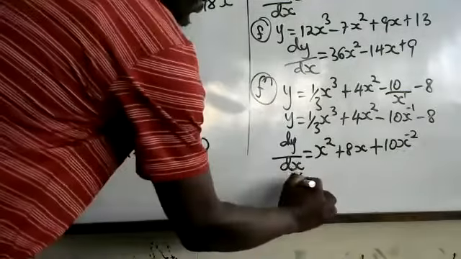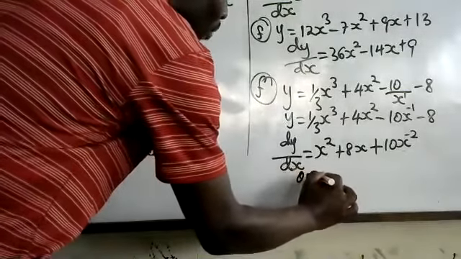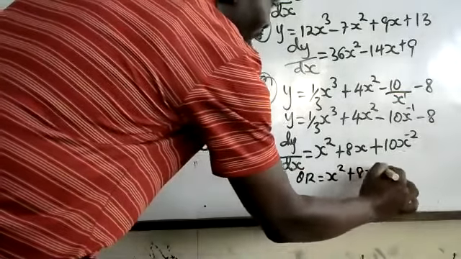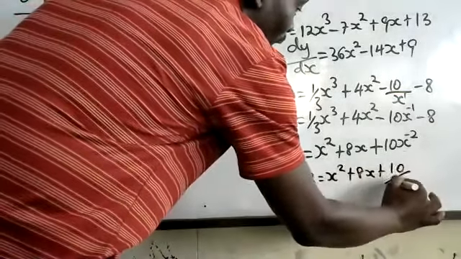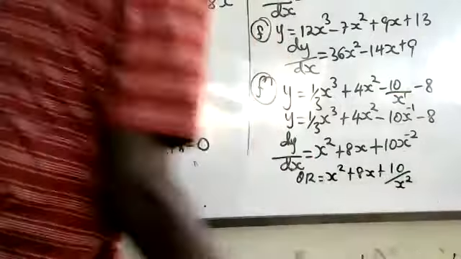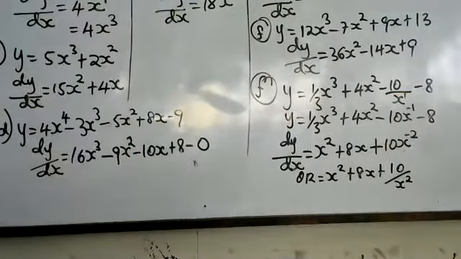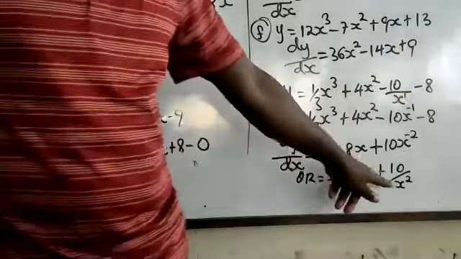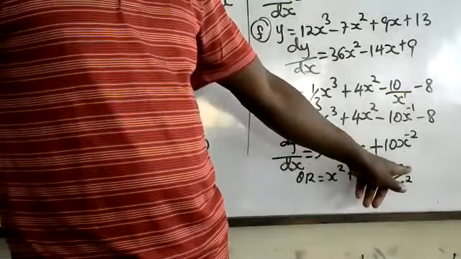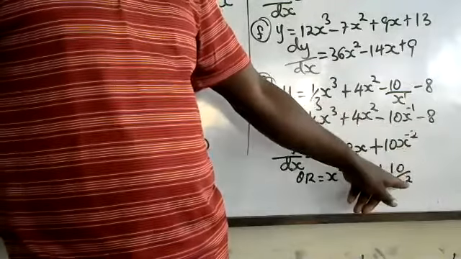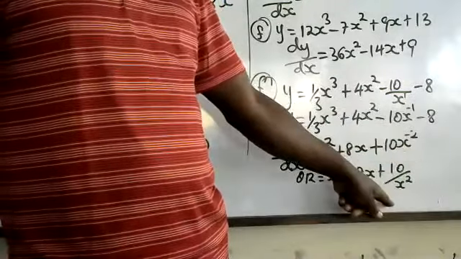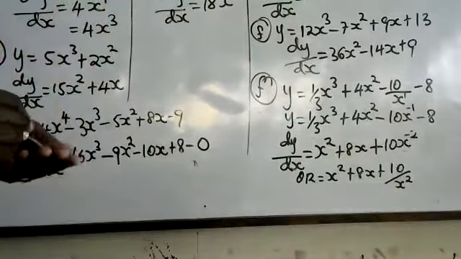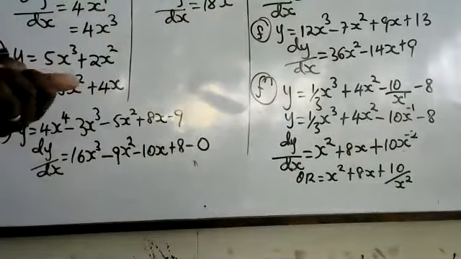Or you can go ahead and write it like this. It can be equal to x squared plus 8x plus 10 over x power 2. You can also check it and write it like that. It does not have any effect. But remember, when this power or this x goes up, its power becomes negative. When it goes down, its power becomes positive. So those are the basic rules that you need to understand as far as